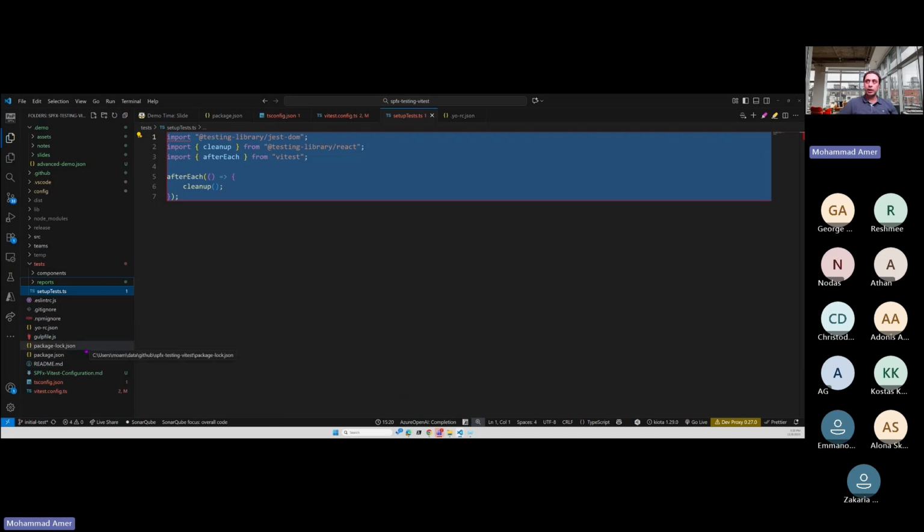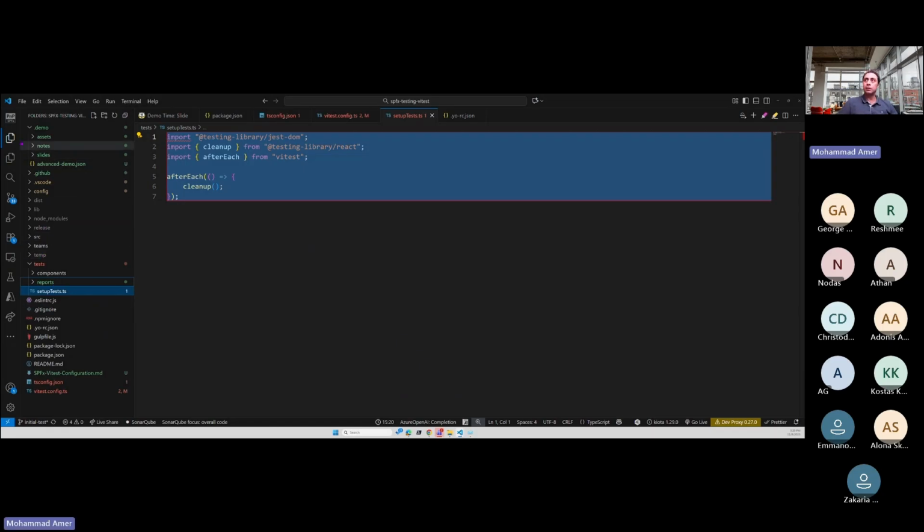So imagine that all this configuration, I added it manually. So do you think that we can automate that? Is there a way to automate that, not to spend much time in each SPFx project to add all these configurations? Yes, there is. But before we see how to automate that, let's also have a look at the